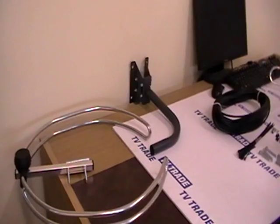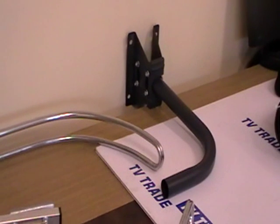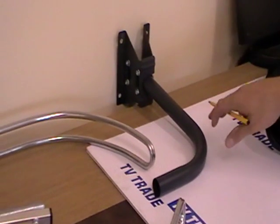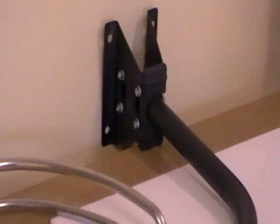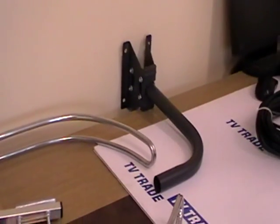You would lose in the region of about 50% of the signal by having the aerial indoors rather than outdoors, but in the case of FM radios it's often sufficient to have it in the attic, and you could use this bracket once again to just screw it directly onto a rafter in the attic. So this is the example here where the terminating end of 20 meters of cable will